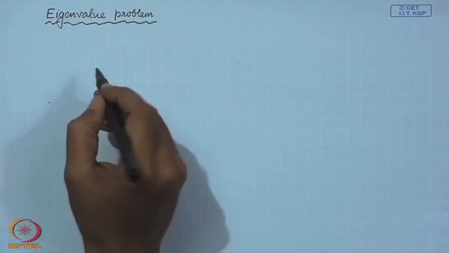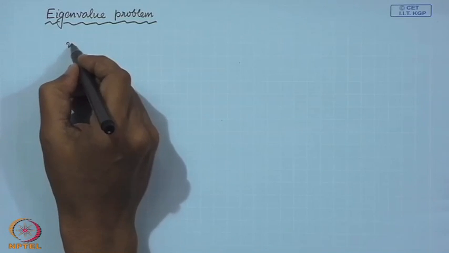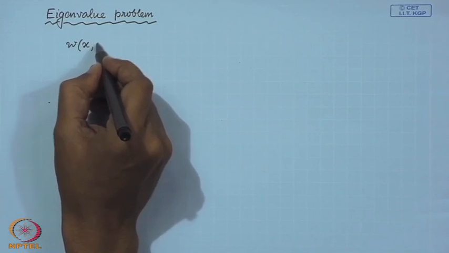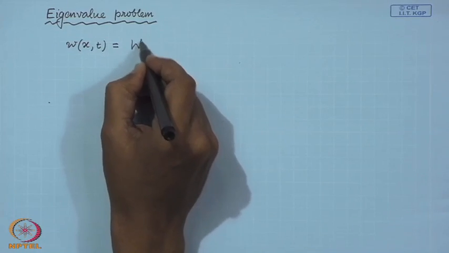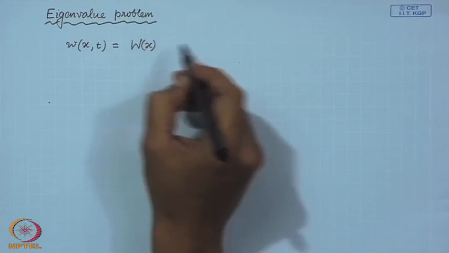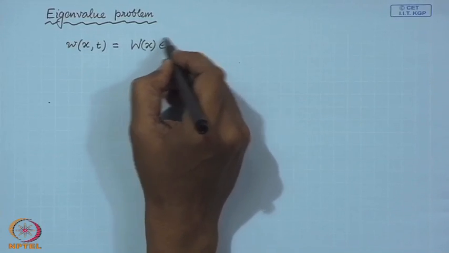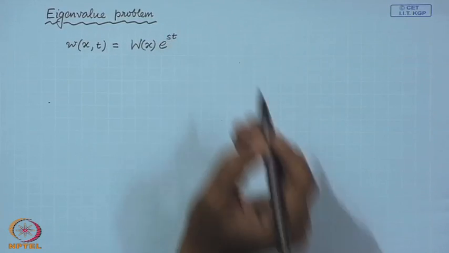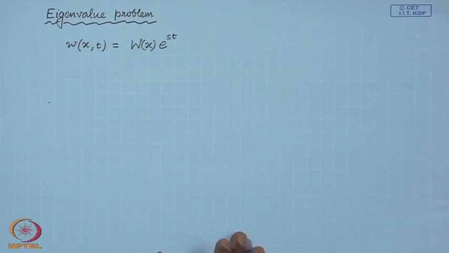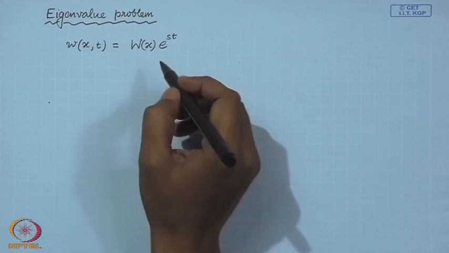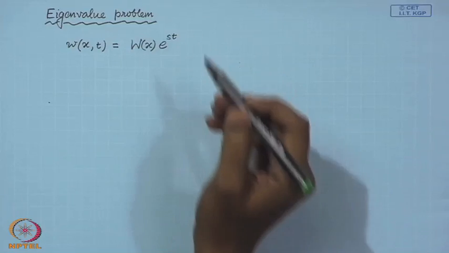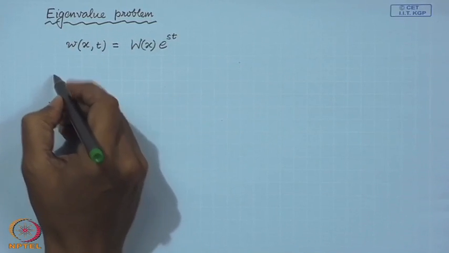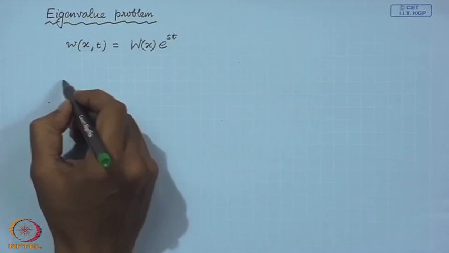We look for a separable solution, the complex solution of the form, let us say, w(x) exponential s t. Now, when we substitute this in the equation of motion and we do the simplifications,